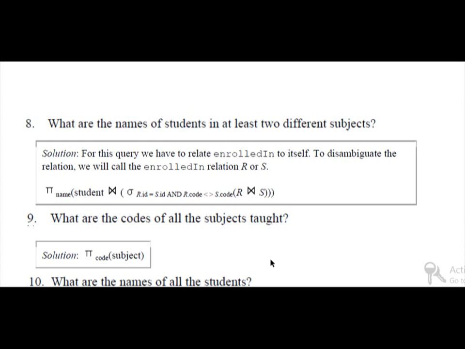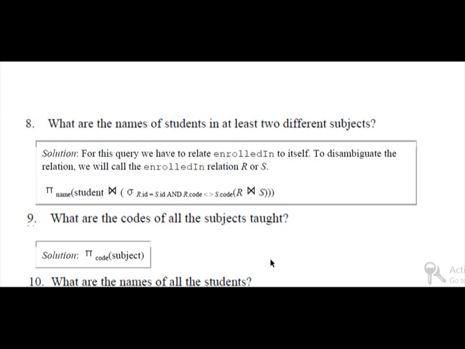To do this we will call the enrolled in relation r or s, because we have to use it 2 times. So we are renaming it: once we call it r, and the other time we call it s.